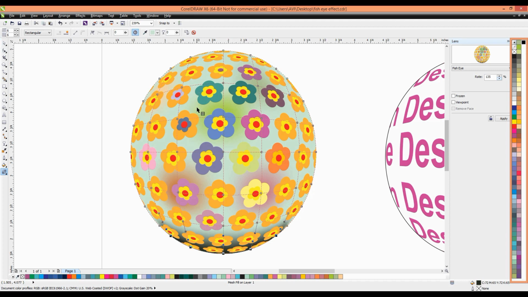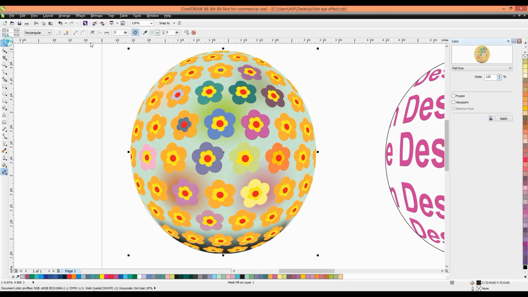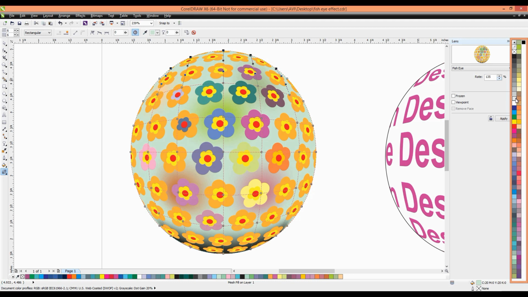Or we can go to the top and select many nodes and press Ctrl and click on the white color. It creates a lighter shade. This is the lighter shade and this is the darker shade. We can also use some middle portion and use white color.